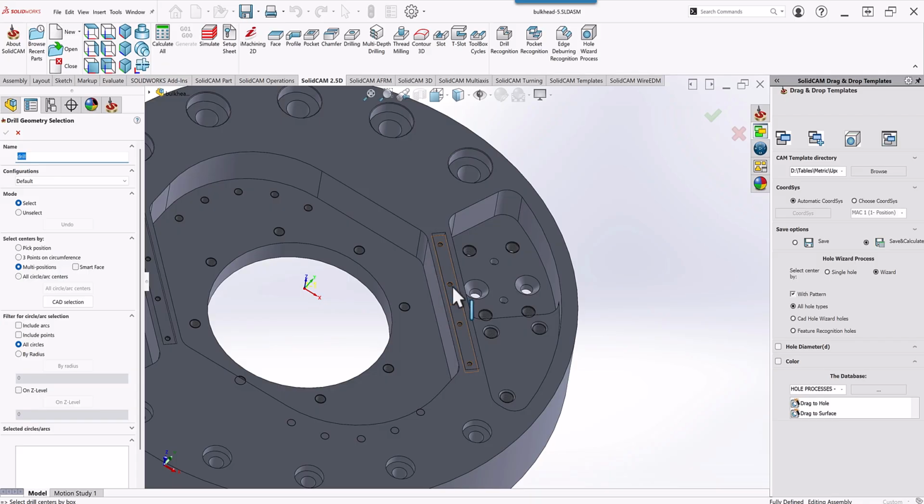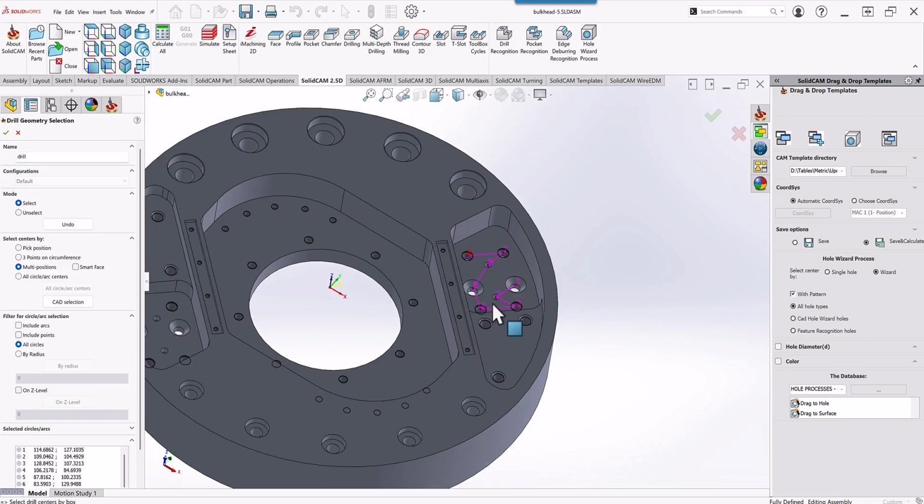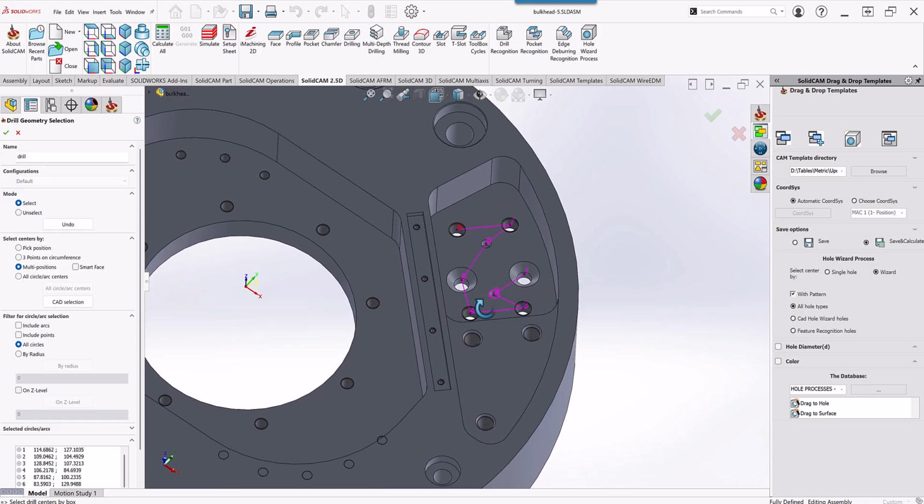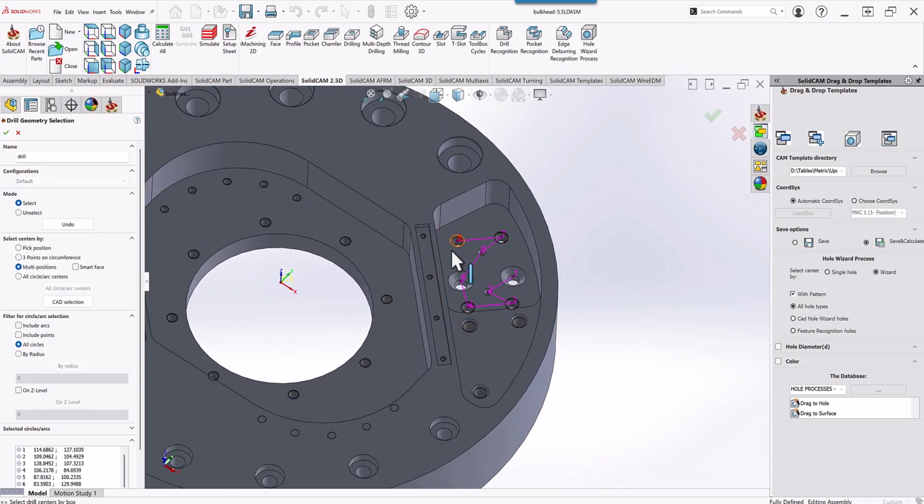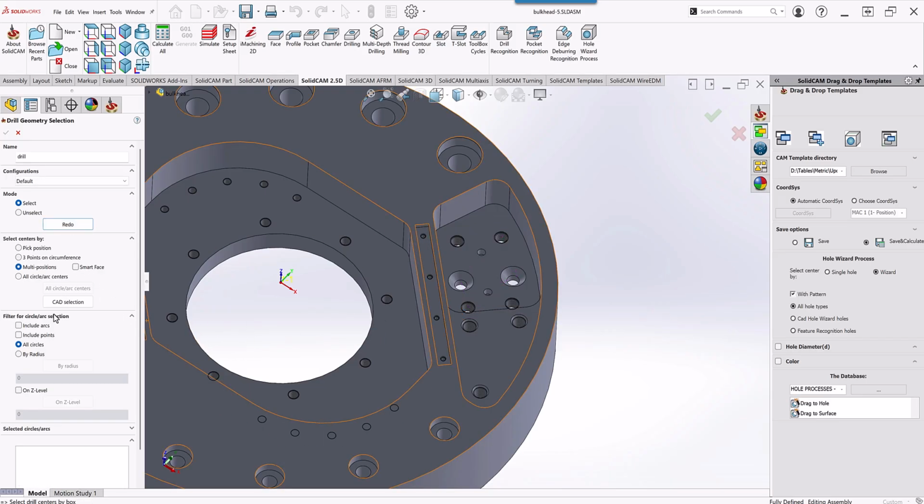Now, if I were to choose this surface, it will give me all the holes on that surface, but I don't want all the holes. I only want those 4 holes. So let me do undo, and I'm going to go down to my filters, and I'm going to filter it